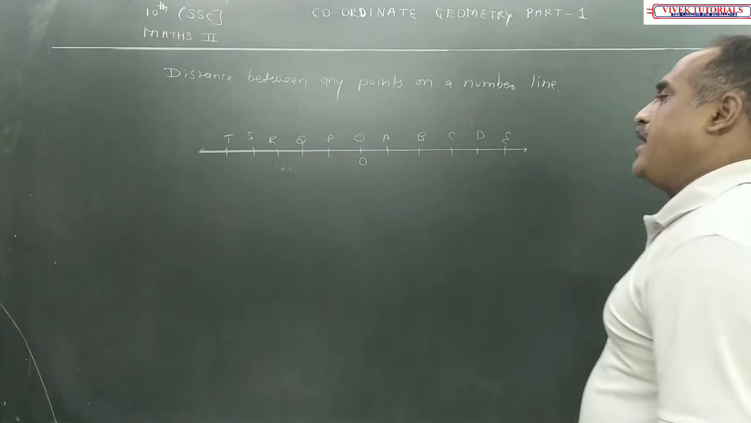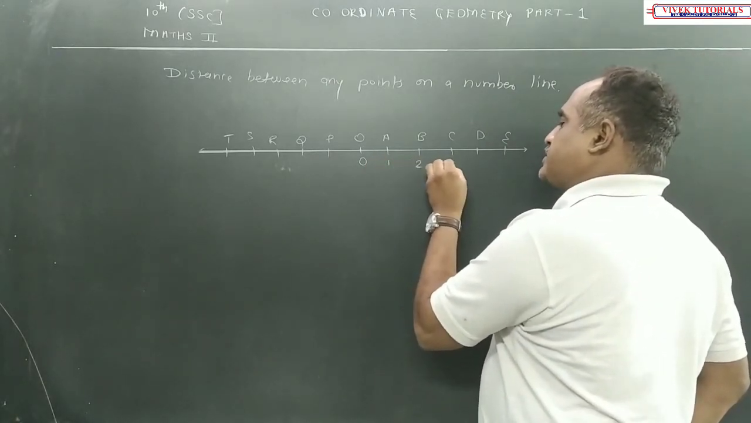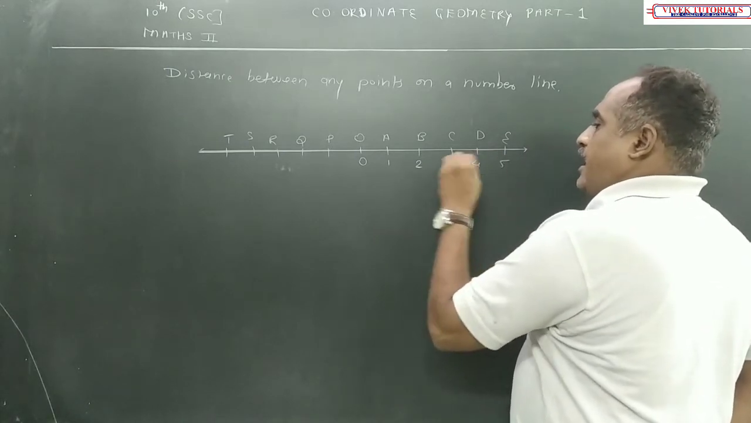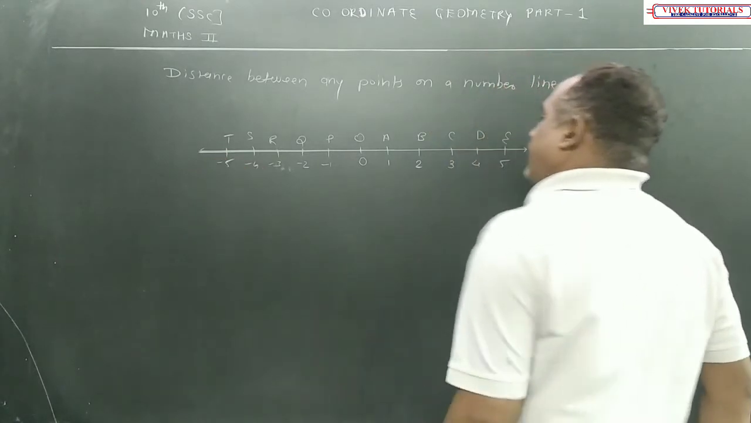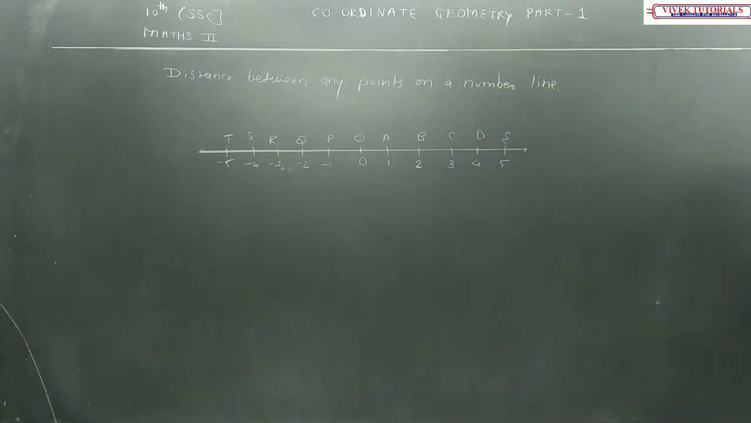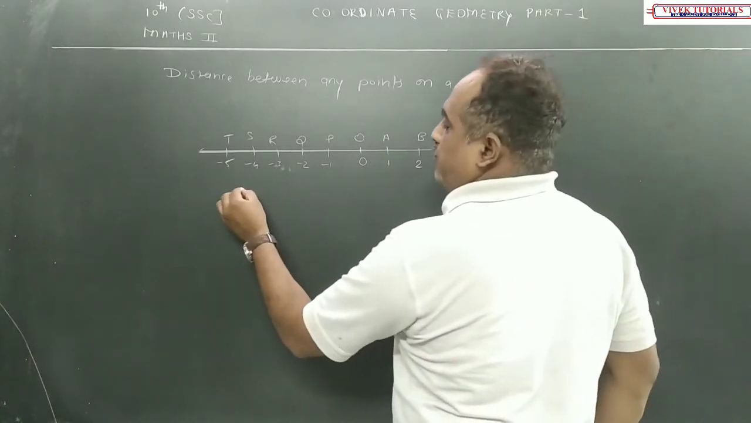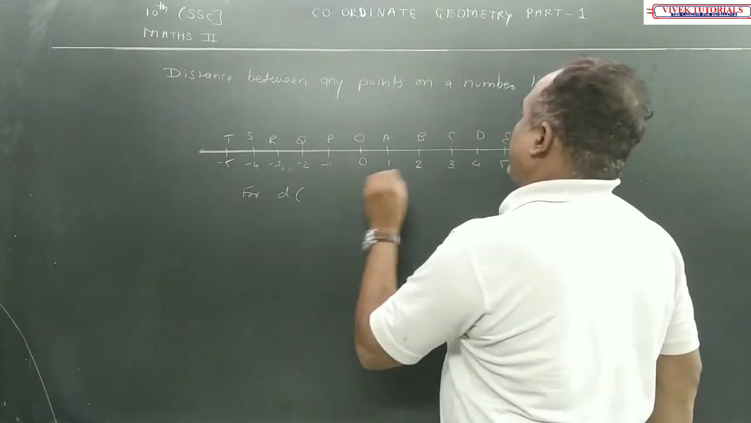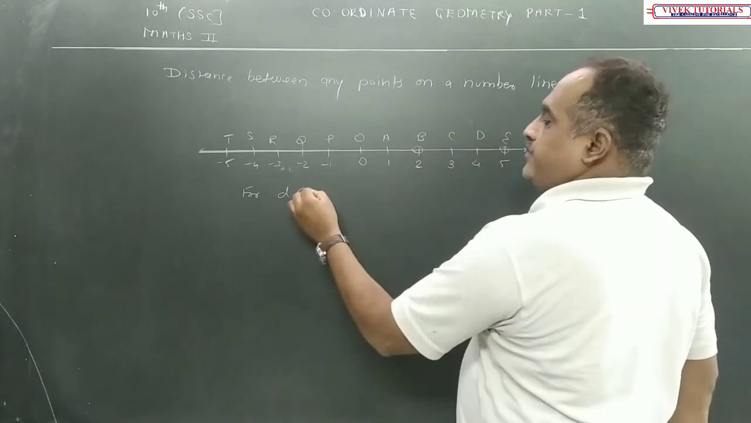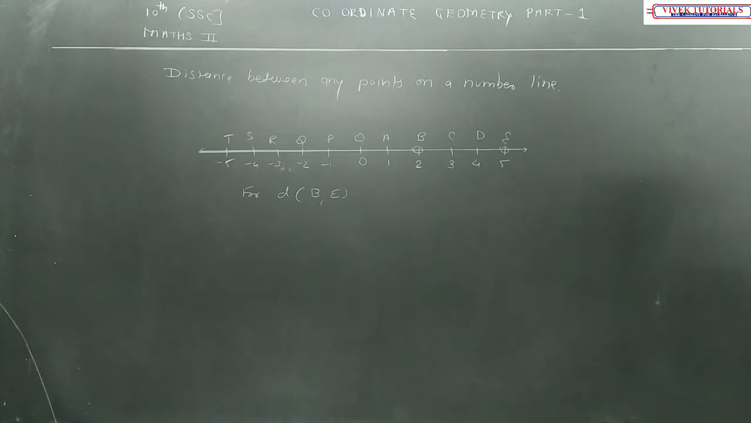On the right hand side, the coordinates of the points are always positive. On the left hand side, they are negative. Okay, then if you want to find out the distance between any 2 points on the number line, say for the distance between B and E, then what we did,